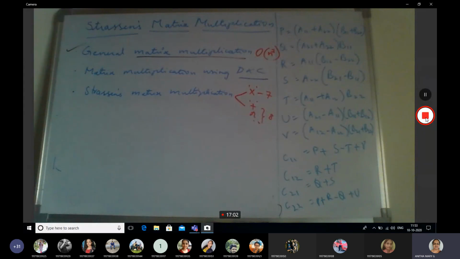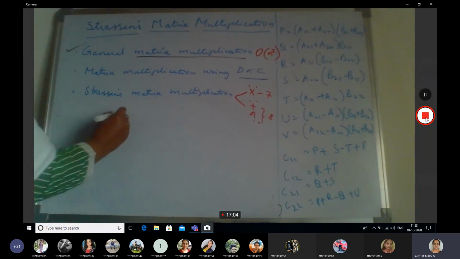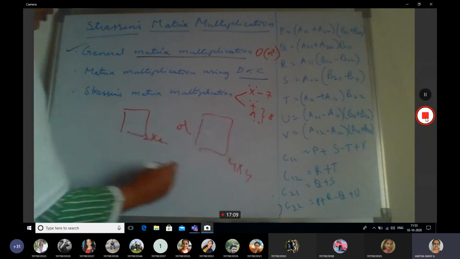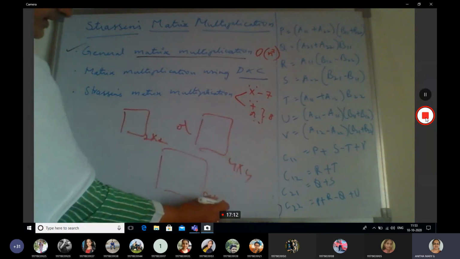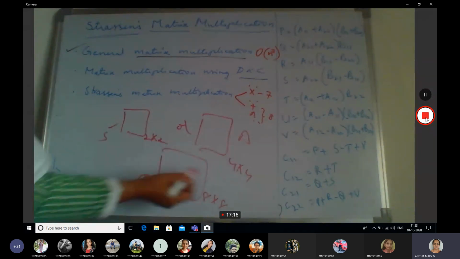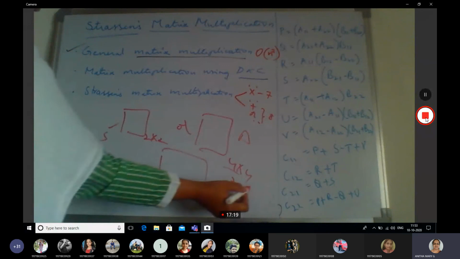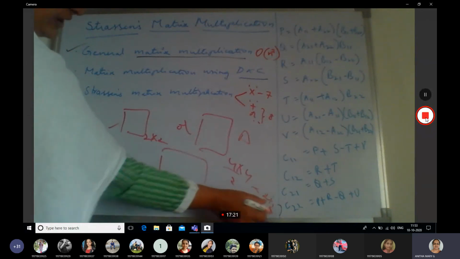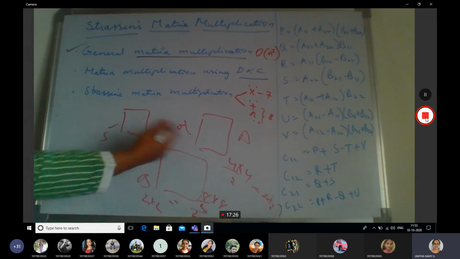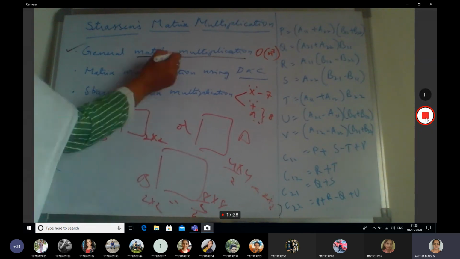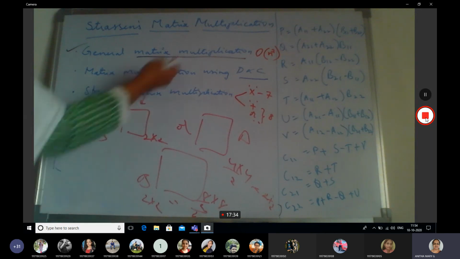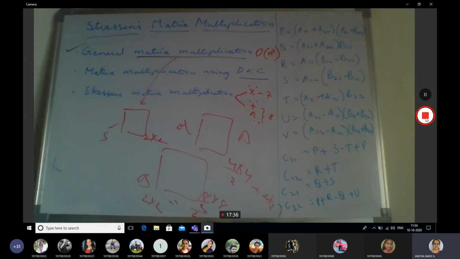Okay, so when the divide and conquer approach is followed, whether it is 2 by 2 or 4 by 4 or 8 by 8, this is a small problem, this is a big problem, and this is bigger. If it is bigger, we subdivide by 2 until it becomes small, 2 by 2. Whatever the concept, again we are following matrix multiplication only. After dividing, we go back to the previous way of doing matrix multiplication.